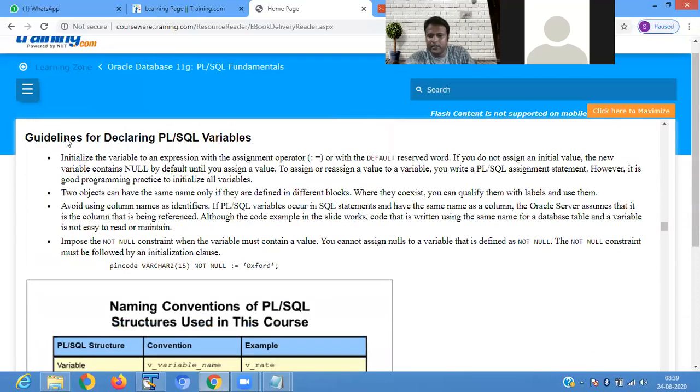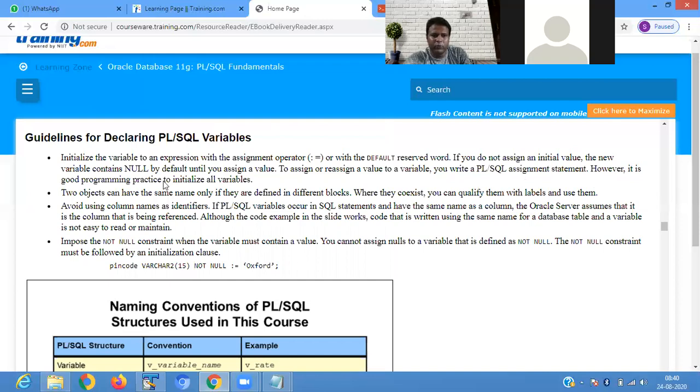Guideline: initialize the variable to an expression with an assignment operator or with the DEFAULT reserved word. If you do not assign an initial value, the new variable contains null by default until you assign a value. To assign or reassign a value to a variable, you write a PL/SQL assignment statement.